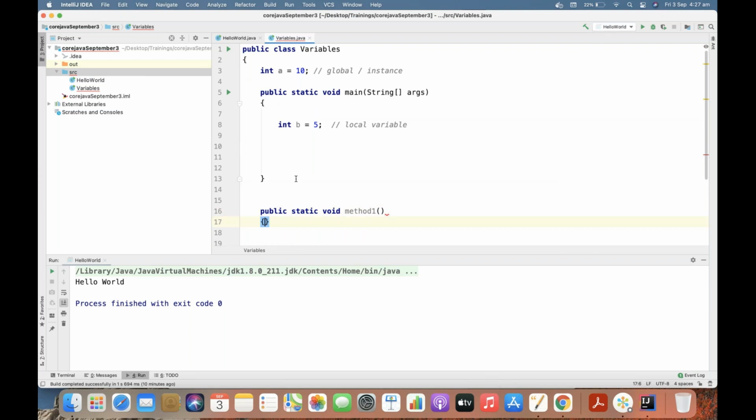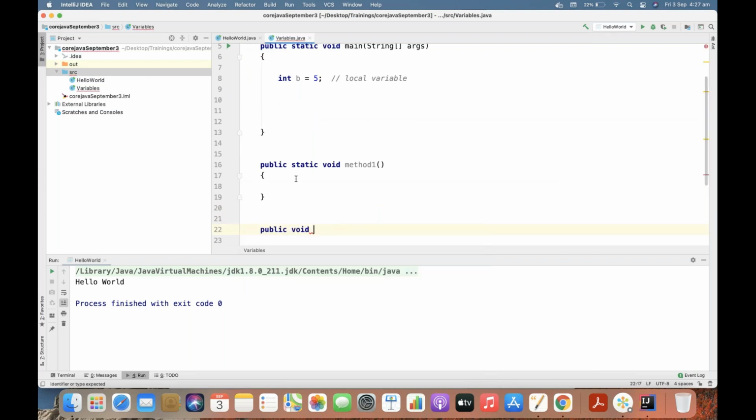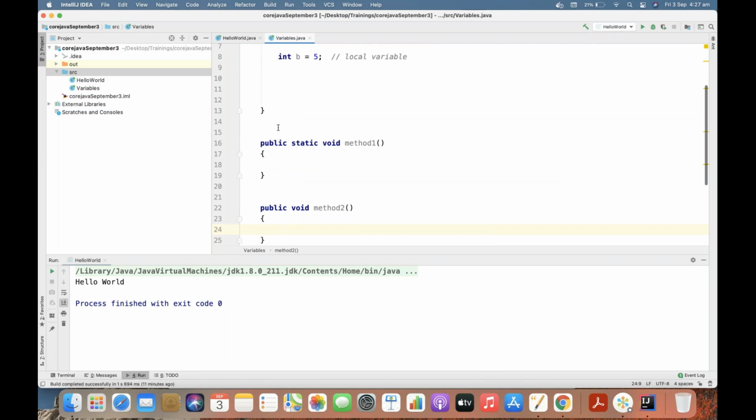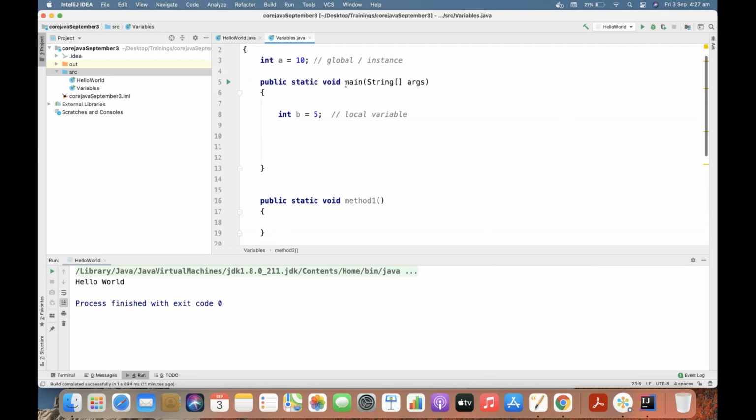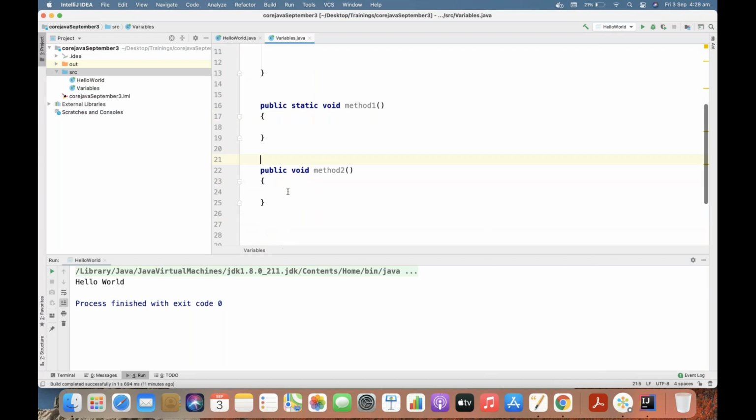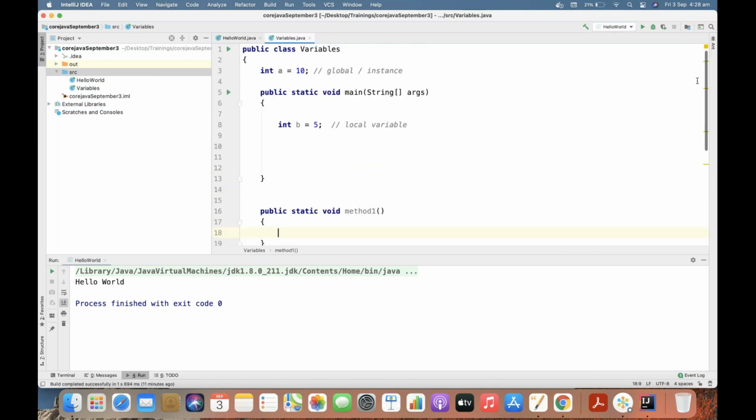I'll say public void method2. So how many methods have I declared here? The main method is auto generated, but on my own I have declared two methods. The main method is already predefined in Java, but I am declaring some methods of my own. This is just at a high level. We'll see methods in detail later on. The purpose of writing this is that I just want to show the difference between static and non-static.